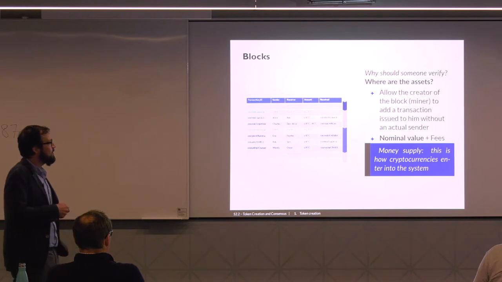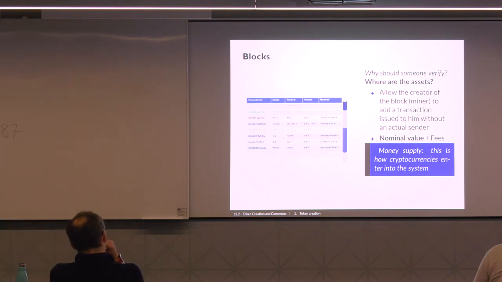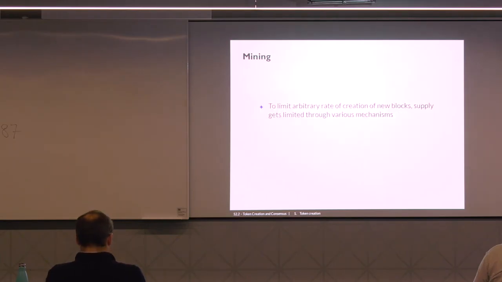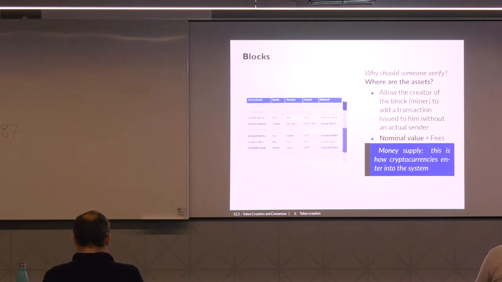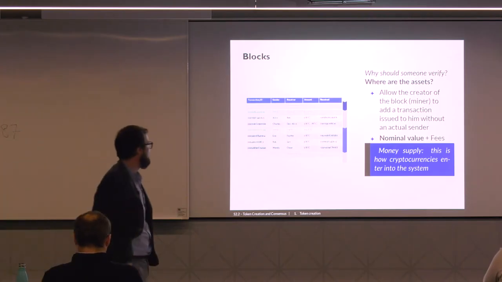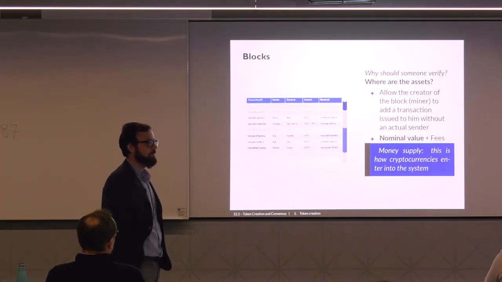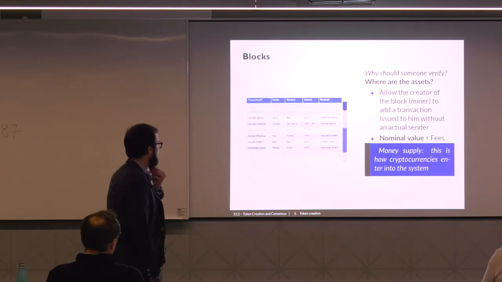And this process of asset creation is the only way in which cryptocurrencies enter into circulation inside of the system. So if Bob receives from Alice 5 Bitcoin, and the identifier of the transaction was A23, and then further down Bob gives this 5 to Sam, and the received identifier is A23, which corresponds to Alice and Bob's transaction.